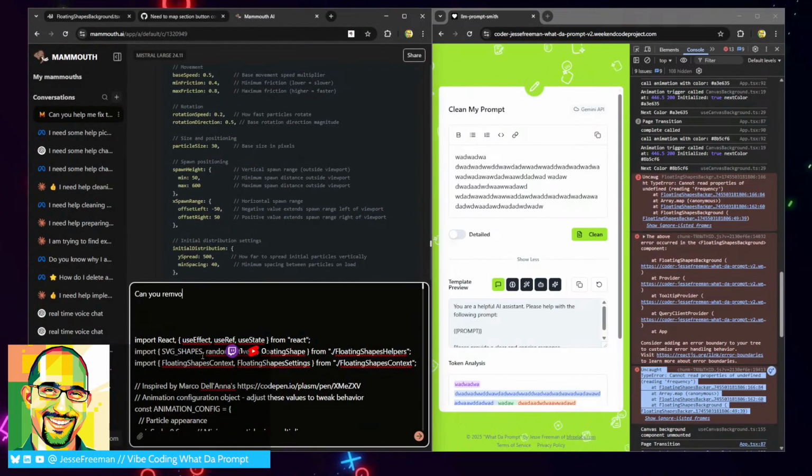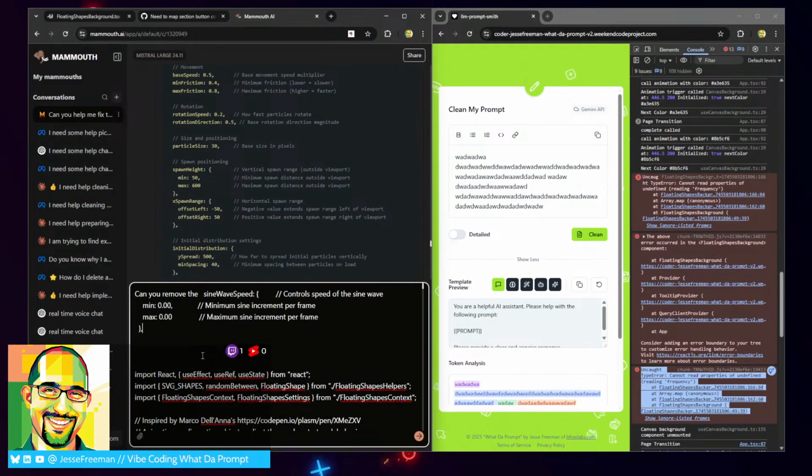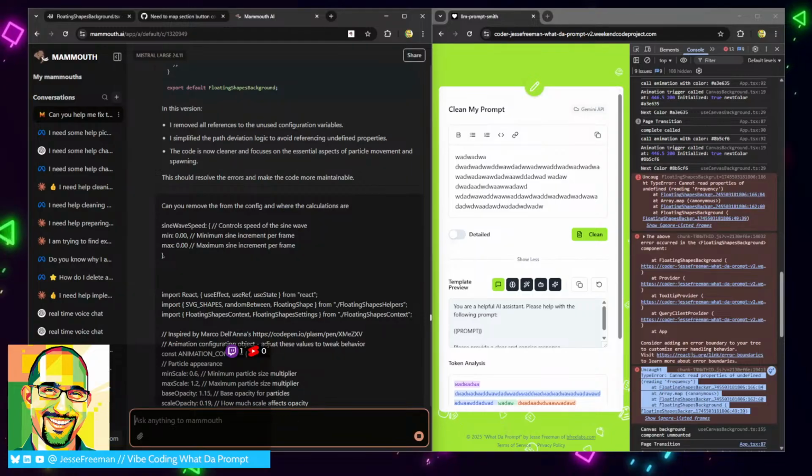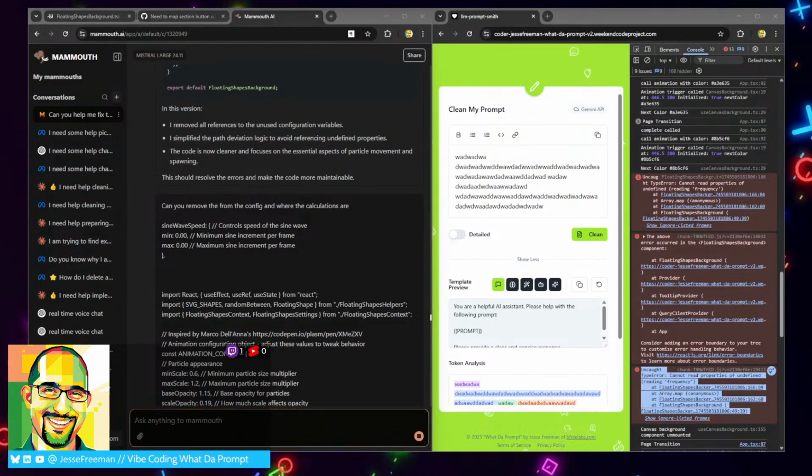Can you remove the sine wave from the config and where the calculations are? And while that happens, I'm going to go back here